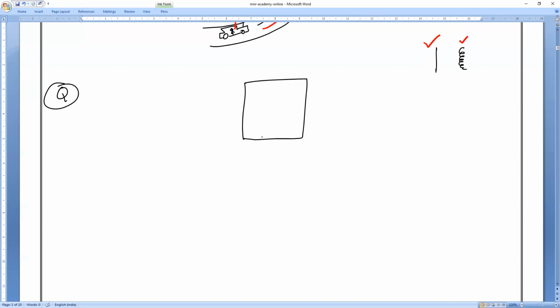Let me consider there is a mass M inside the lift. Now, the lift is traveling with acceleration A and the observer is on the ground. Tell me, is it an inertial or non-inertial frame? It is an inertial frame. Now, if you observe this mass, does it appear to be going upward or not? Yes.